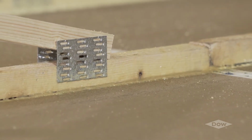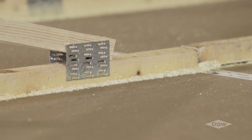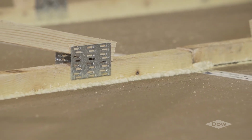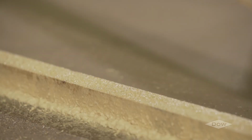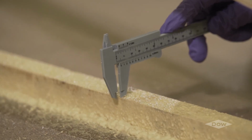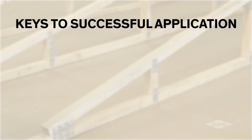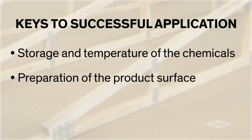When properly applied, VORAMER 3022 will contribute to the construction of a quality, low-cost ceiling diaphragm. Improper application can lead to defects in the ceiling, loss of ceiling panels, and high cost of the ceiling due to overuse of foam. The keys to successful application rest in three main areas: storage and temperature of the chemicals,